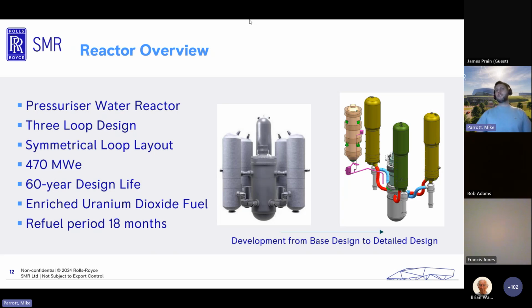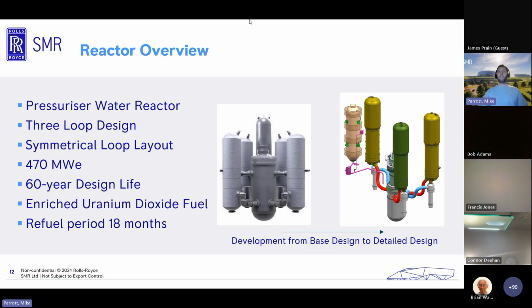However, the reason we've picked a PWR for this SMR technology is because it's a known entity, and there is novelty in the design that we have. We've manufactured PWRs for, like I say, 60 odd years. So we know our pedigree, and we know how to get to market quicker and how to support the UK's electricity requirements. We've got a 3-loop design, which is symmetrically laid out